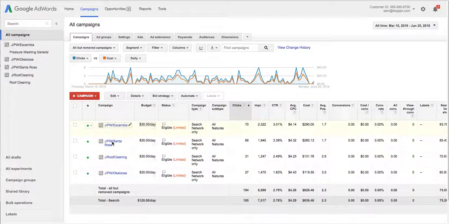If I'm looking at these right now as an overview, I've got this set to all time, so all the data since you've been running these campaigns since mid-March. The biggest thing that I really saw straight up was that you are barely using your budget. You've got budget set for $30 for each campaign, totaling $120 a day. But really, the most you're using is $27, most of the time much less, anywhere from $4 up to like